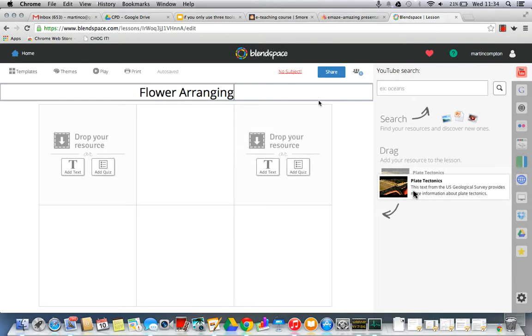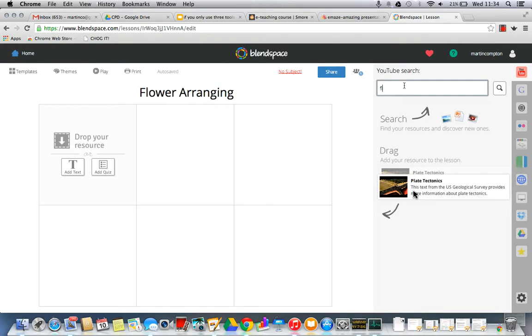So flower arranging, there you go, there's my topic, and I'm going to repeat that in this search bar here. And what happens when I click search is that it will search whichever of these tabs is active. So Flickr for images, OpenEd for academic resources, EduCreations for presentations that have been made on iPad, I believe, which is like a dynamic board that shows the progress of something. To insert links uploaded from my computer, Dropbox and Google Drive, and so on. But the first one that's active